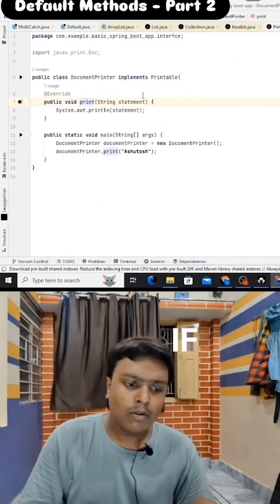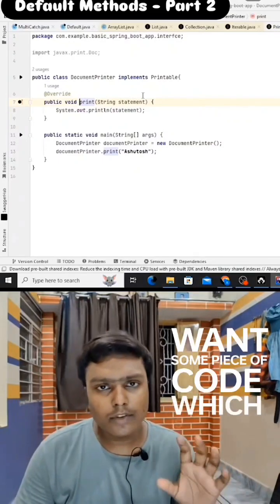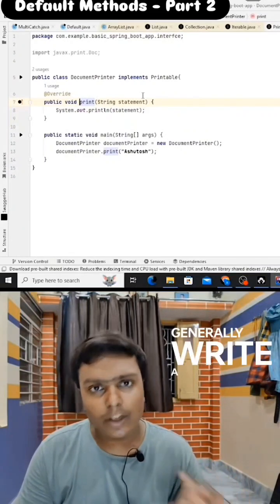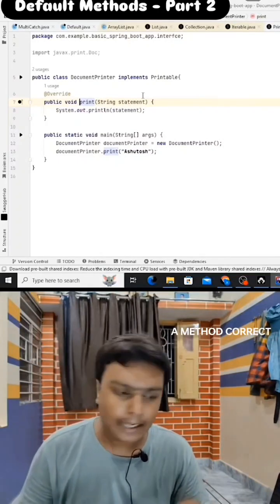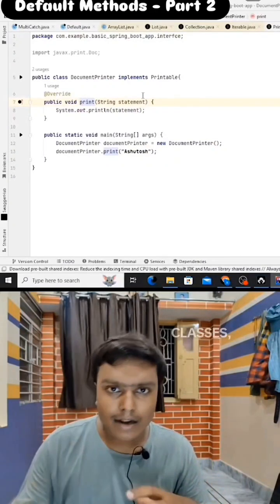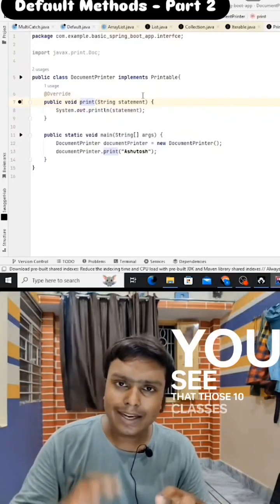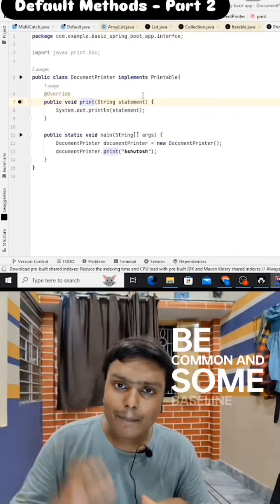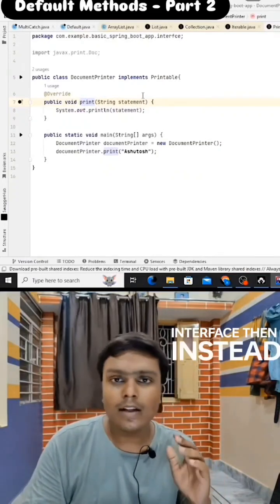Now if I want to print something in the upper case, or if you want some piece of code which is common and which can be used by multiple classes, what do we generally do? We write a utility for all those classes, right? And we export all those logic to the utility inside a method, correct? But in a similar way, let's say there are 10 classes which are implementing an interface, and if you see that those 10 classes can potentially perform some kind of action which is going to be common, and some baseline implementation for that particular action can be provided in that interface, then instead of writing